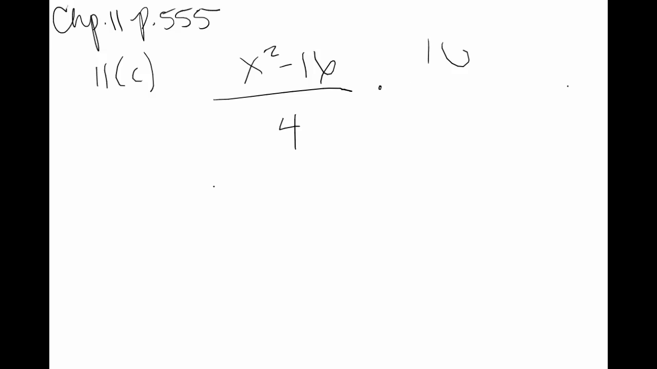Okay, what we're working on here is from chapter 11, on page 555 of the algebra course. This is number 11, letter C, and it looks like this: x squared minus 16 all over 4, times 16 over x plus 4. We need to do some canceling and some factoring to be able to simplify this product down into